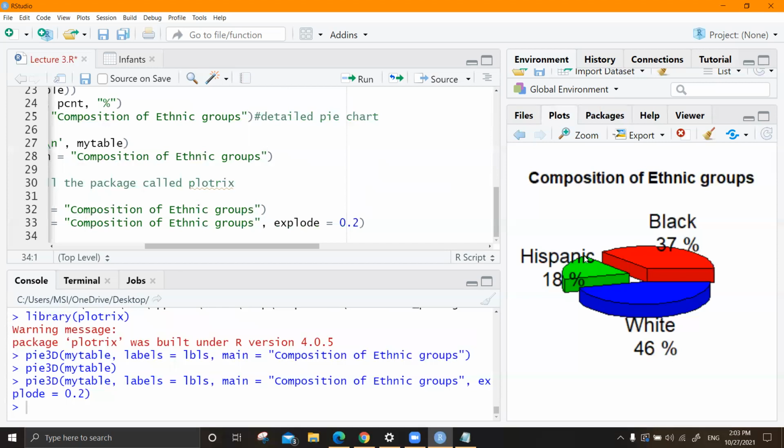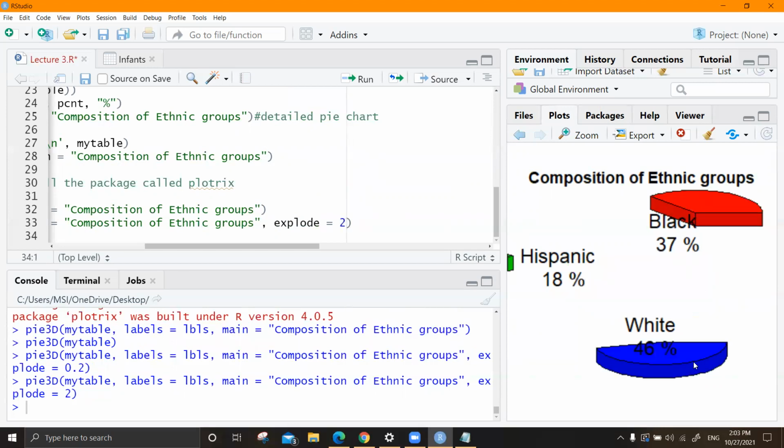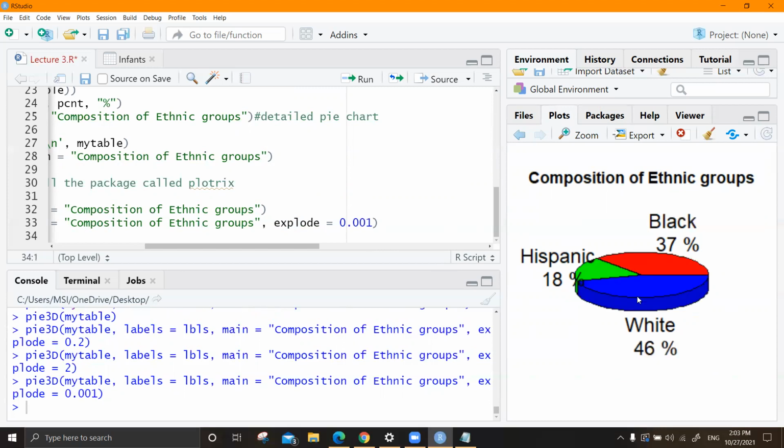That means if you want to have a chart like this, a distance, if you want to maintain a distance between these slices, you can simply pass this argument. And when you keep on increasing this, let's say something like this, you have far away slices. So it's not practically there. When you decrease it, almost you are getting something very close to 0. This is 0, means no gap between the slices.